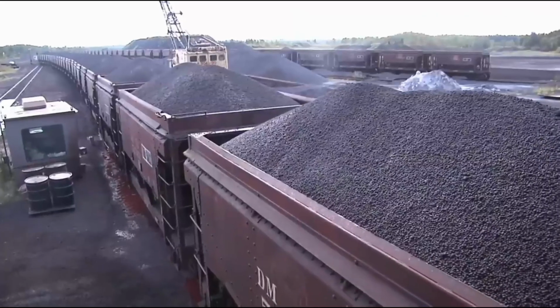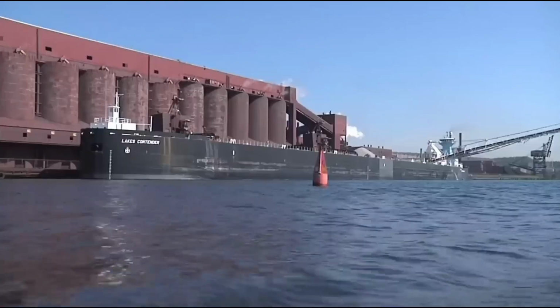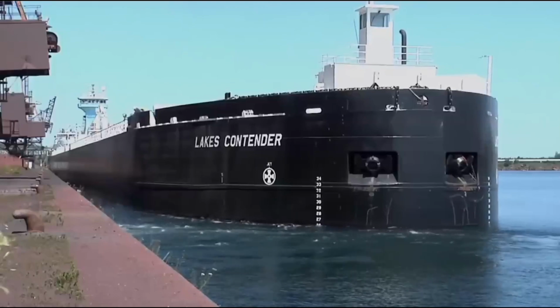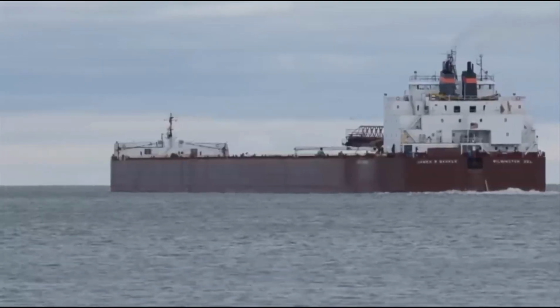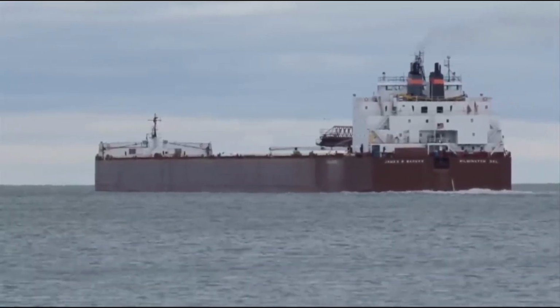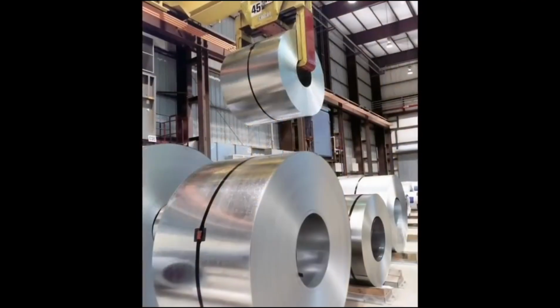The iron pellets are transported by rail, most often to ore docks, where they're loaded into lakers along the shore of Lake Superior. These ore boats sail on the Great Lakes to Gary, Indiana, Cleveland, Ohio, or other steel-making towns in the Great Lakes region of the United States, where the steel mills melt down the pellets in blast furnaces to make the steel used